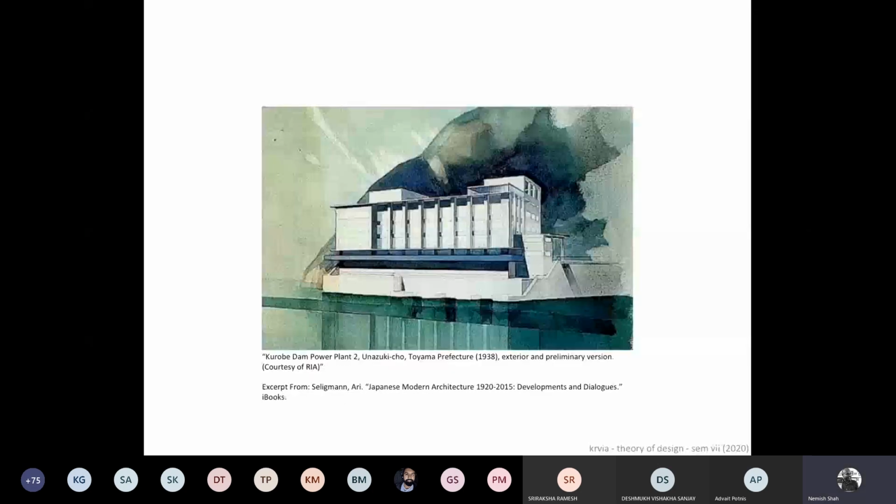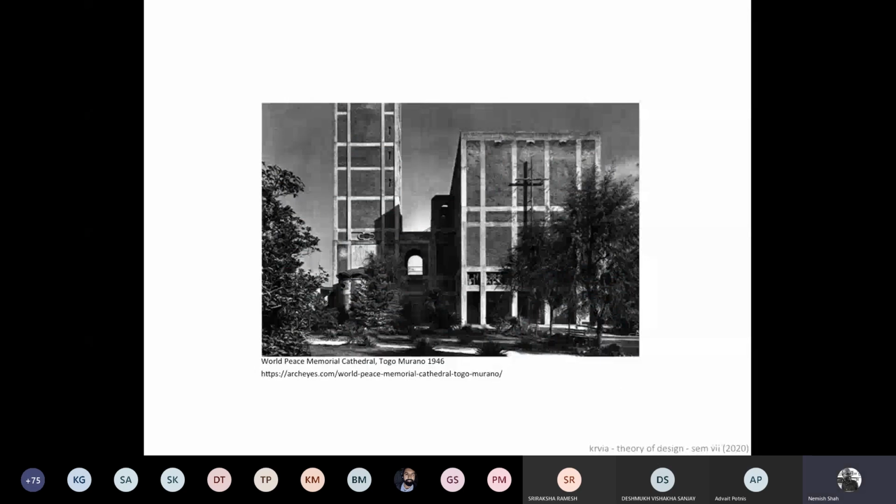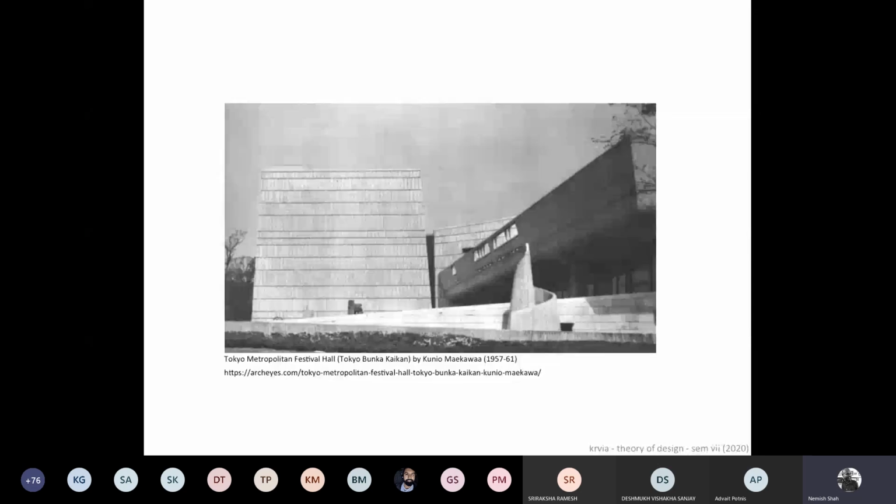Again, these industrial monuments were coming all over Japan. The same thing will happen maybe 15, 20 years later in India, where these industrial buildings start becoming the face of the nation actually. This is later actually. This is the World Peace Memorial Cathedral in Tokyo by Togo Murano, and this is one of the most important monuments. Actually, just before this, I want to talk a little bit about